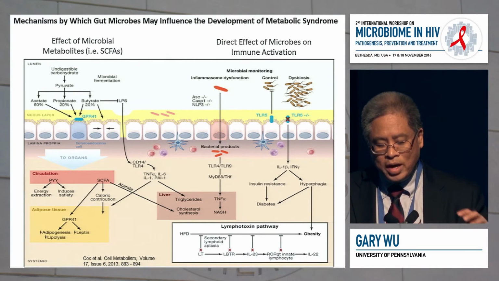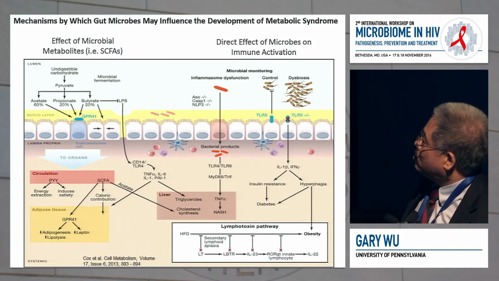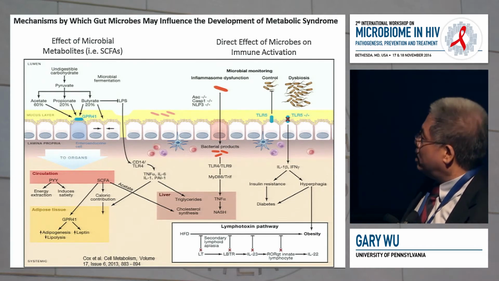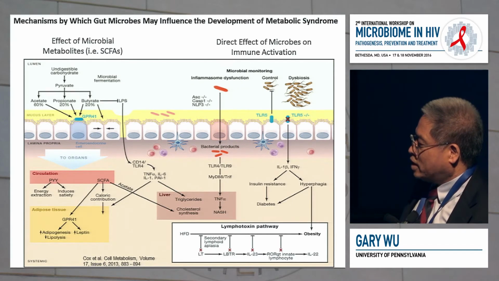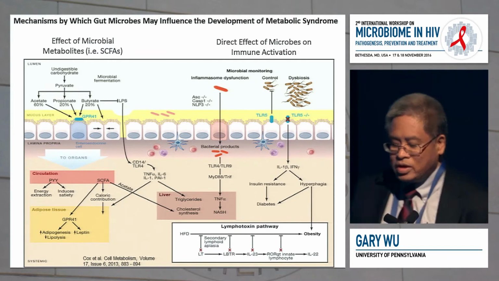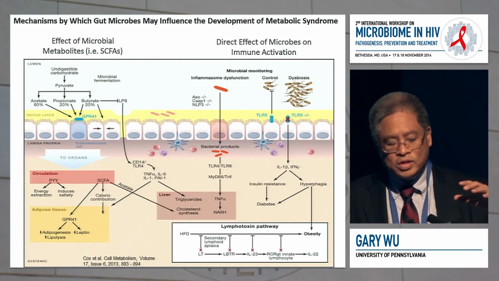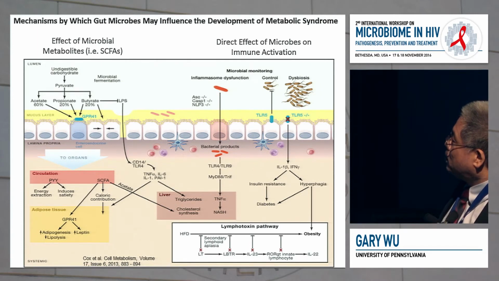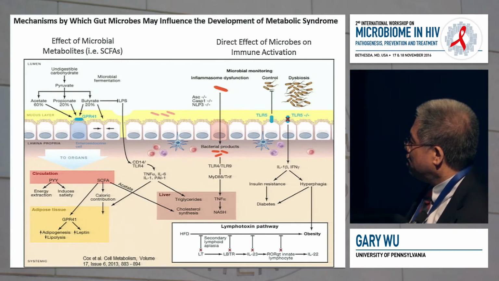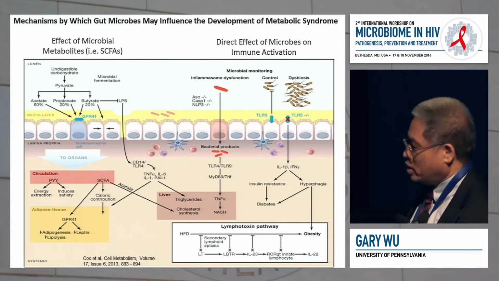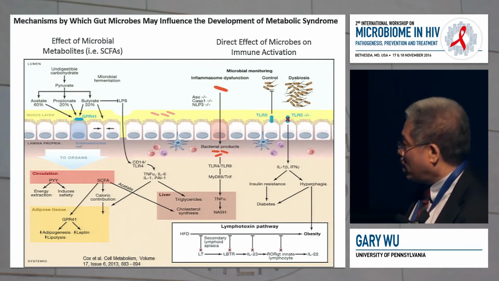Again, with that 30,000-foot view in mind, what are the different types of pathways when we think about the input of the microbiota into metabolic syndrome and obesity? Well, roughly divided, there are microbial metabolites that can either affect epithelial cells themselves and lead to inflammatory processes, but as I mentioned, can induce various types of products like peptide YY, or activate various types of G protein coupled receptors. So there are examples of all of these in the literature, looking at various cell culture model systems, various types of knockout mice, to show that, for example, again, short chain fatty acids will have this effect that ultimately leads to inflammation, metabolic syndrome, and obesity.